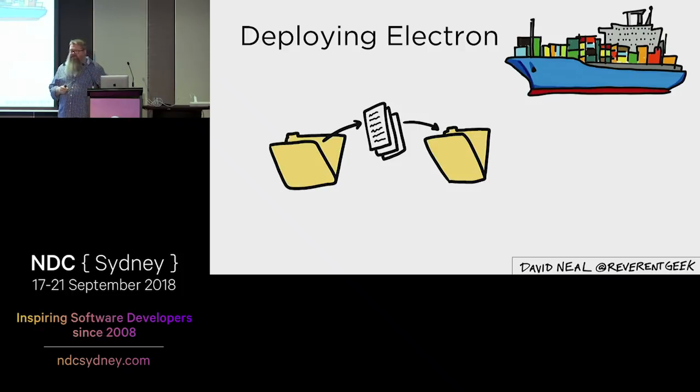As I mentioned before, there's no external dependencies. It's all self-contained. Now, the icon that's going to be visible when they run the application is going to look like an Electron application or an Electron icon. So the branding and stuff is all Electron. If you want to create your own